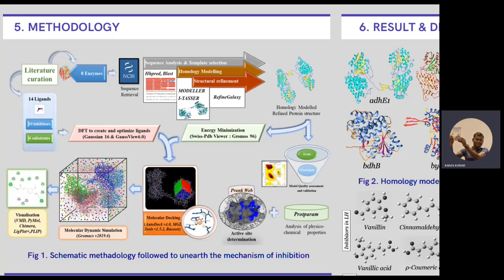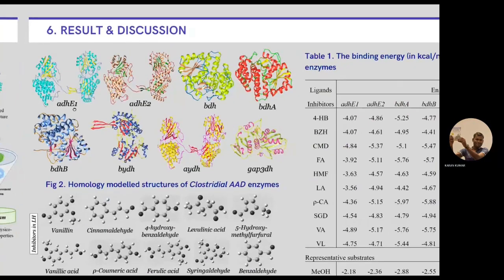These chemical structures of ligands and protein structures were further subjected to molecular docking analysis in AutoDock software. The docked structures were further taken for molecular dynamics simulations using GROMACS software, and then the results were visualized and analyzed using VMD, PyMOL, Chimera, and other visualization software. Coming to the results,